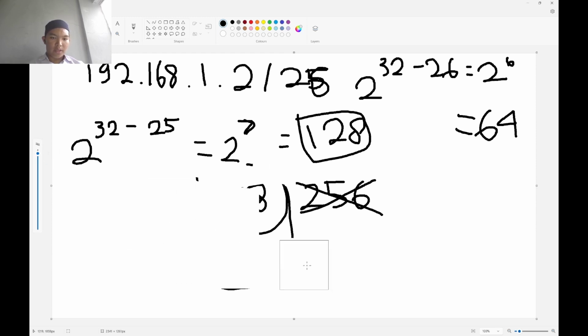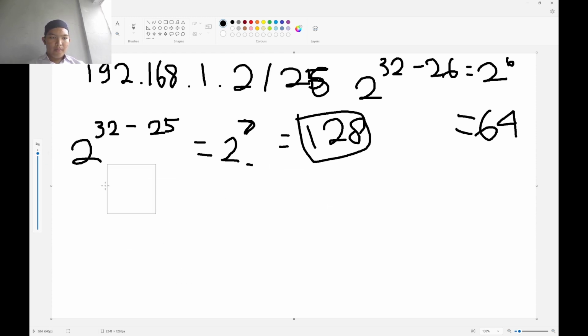Wait, I will erase it first. Okay, like this. The first group is from 0 until 64 minus 1, so until 63. And then the next is 64. To make it easy, 0 plus 64, plus 64 again,